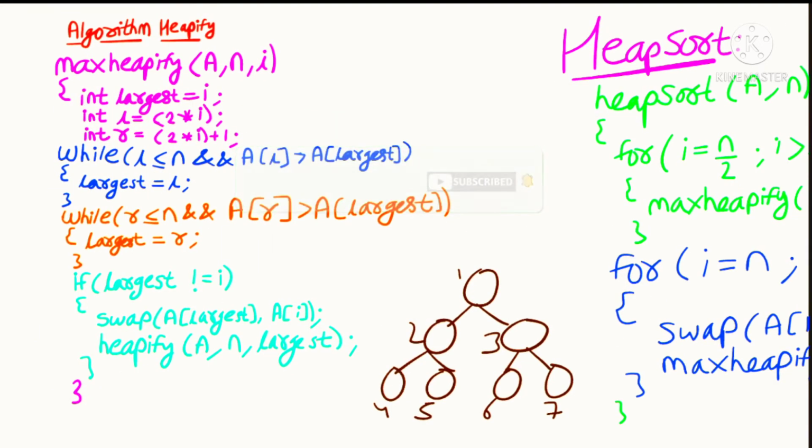Now let us move towards the algorithm of the Heapify. We are declaring a function max heapify, a, that is the array which we will define a as array, and the number of elements, and i a variable. Okay, so int largest is equal to i, so we are denoting the largest element as i. And int left, you know the formula for the left child. For the left child it is 2 into i, for the right child it is 2 into i plus 1.